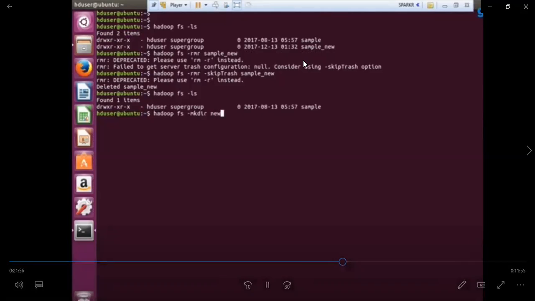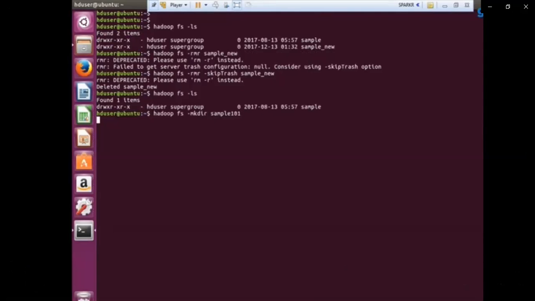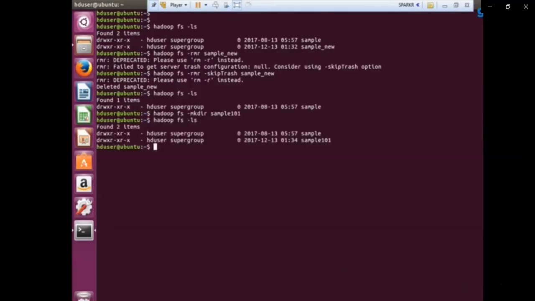Now let's try to copy content from the local file system to our Hadoop. It means how to put data into the folder. Let's make the directory sample101 and then display.